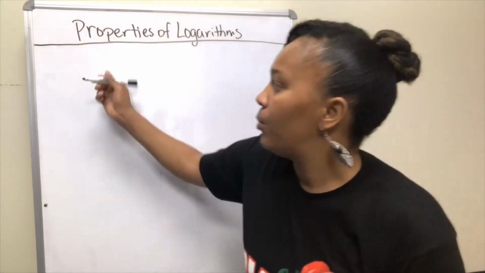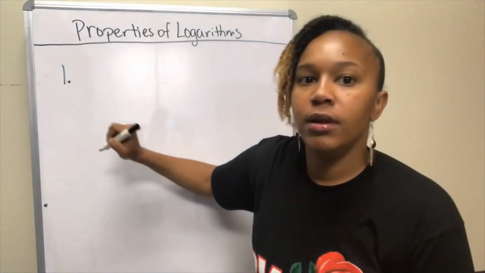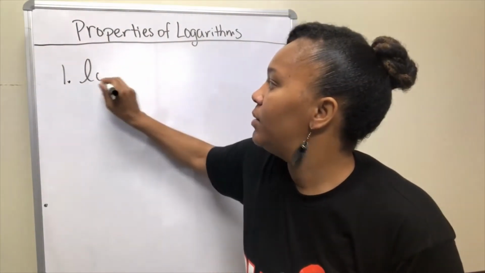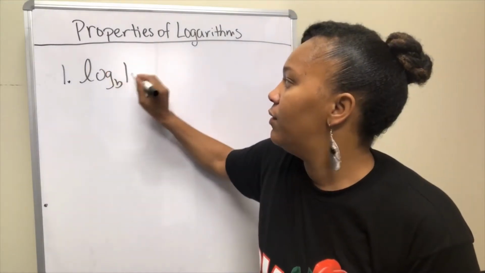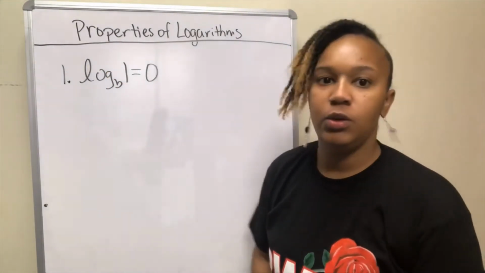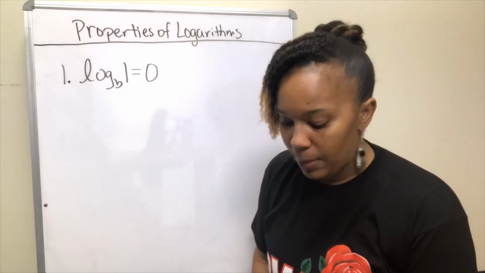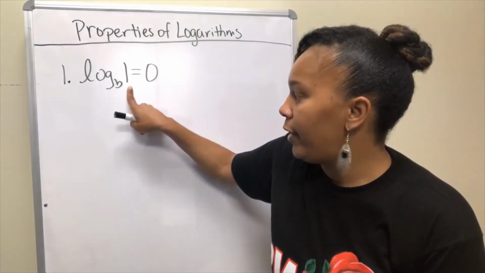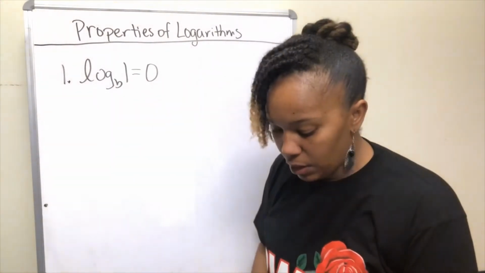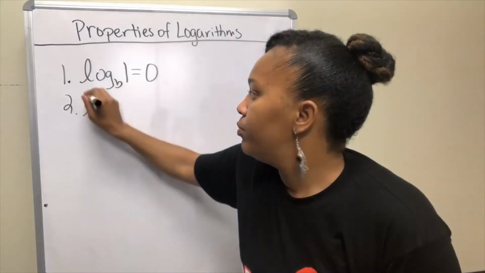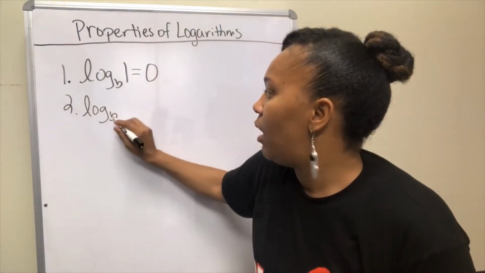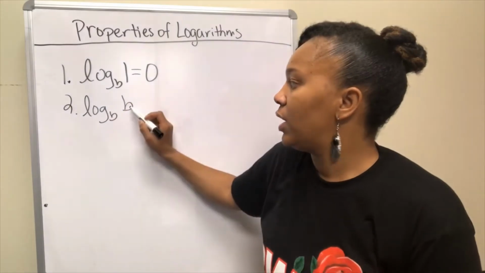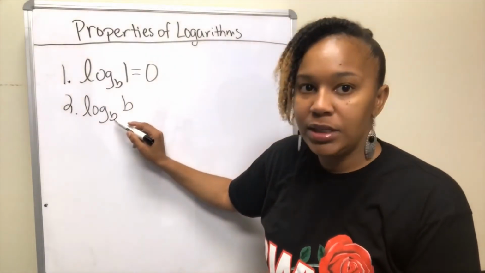Property number 1 is anytime you take the log, regardless of the base, of 1, that will always equal 0. That's your first property. So anytime you take the log of 1, regardless of the base, that will equal 0. Property number 2 is anytime the log, whatever you're taking the log of, is the same as the base, that'll